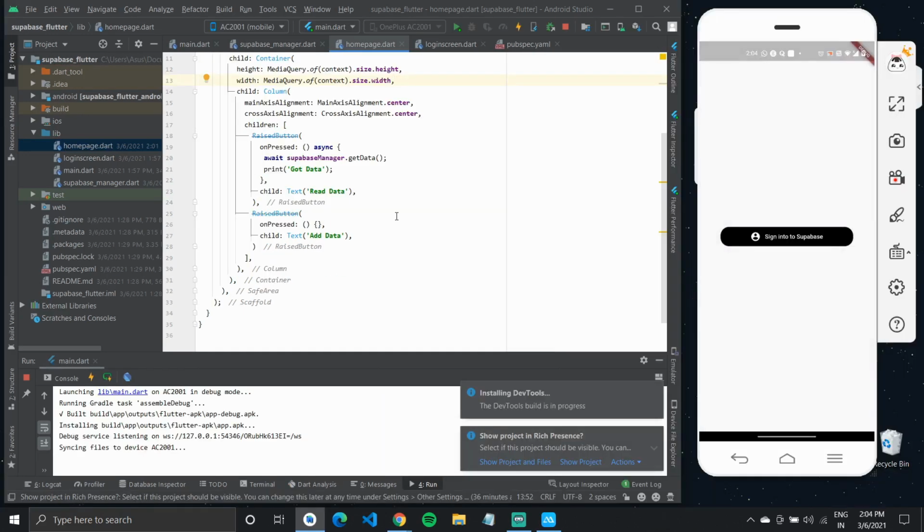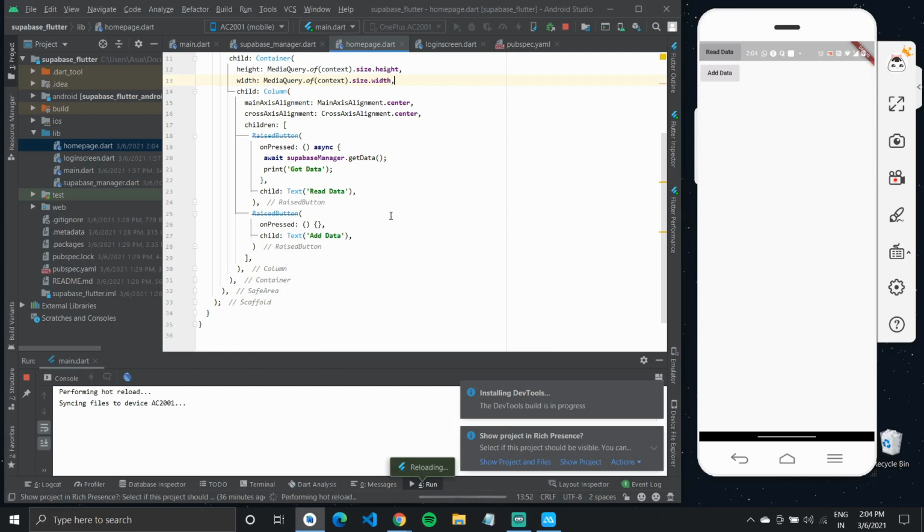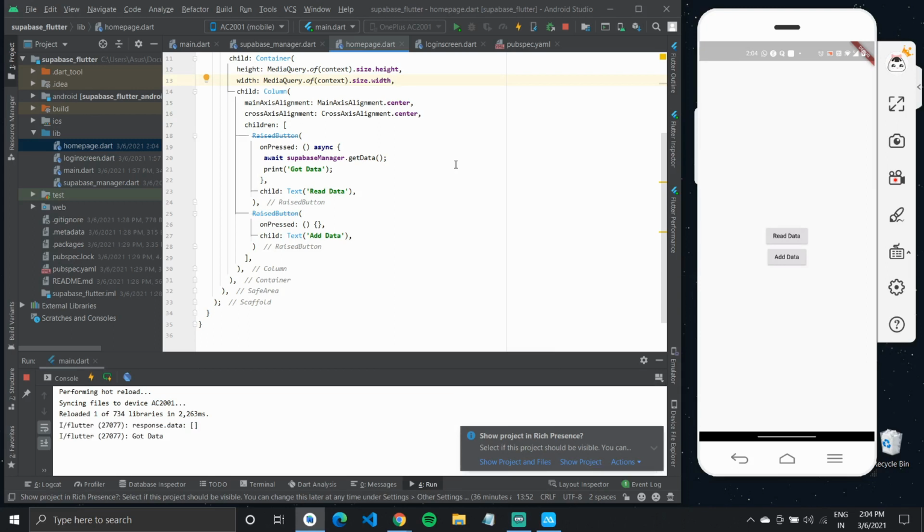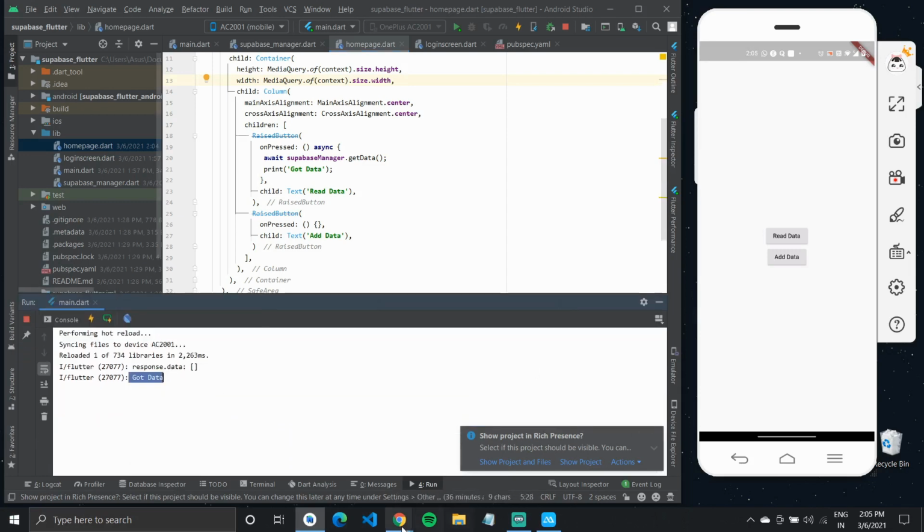Signing in to Supabase, signed up. Okay, so we have read data and add data, these two. When I do read data, response dot data, we have nothing, and I successfully printed got data, right?